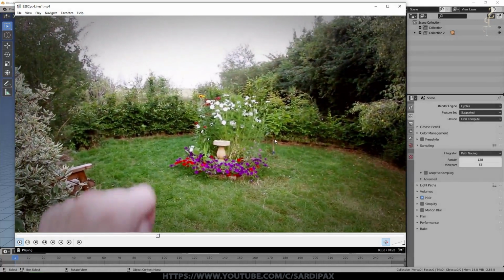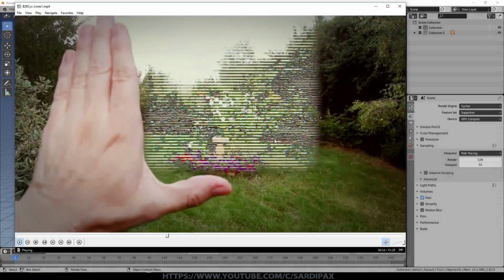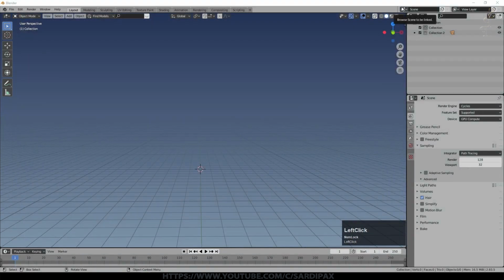So you can see it is obviously a very simple track, but it's just keeping this block attached to the hand as we scan around the scene. And if I stop it there, you can see that we've got some of the video coming through and actually changing these, what I'm calling scan lines. And you can apply these techniques in various different ways. So to begin with, you're going to need some footage.